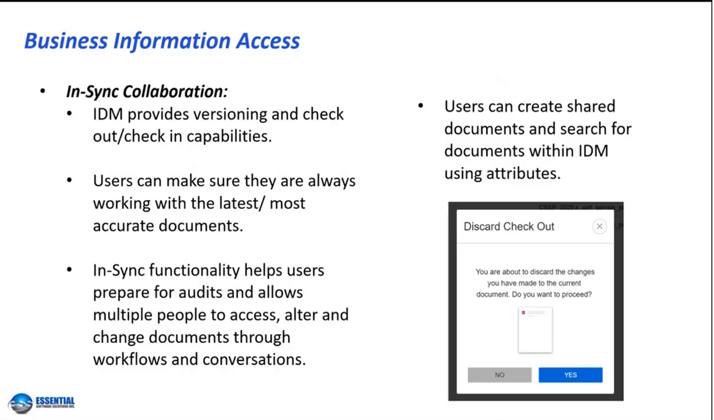So this is all managed through the check-in and checkout process, which is going to prevent conflicts. So only one person can edit a document at a time, and that ensures that changes don't override each other. So users can always know that they're working with the most current and accurate version of a document. This is really important because it's going to reduce the errors that you have, and it's going to keep the process consistent. One thing that's really important about this functionality is that it helps you stay audit ready,